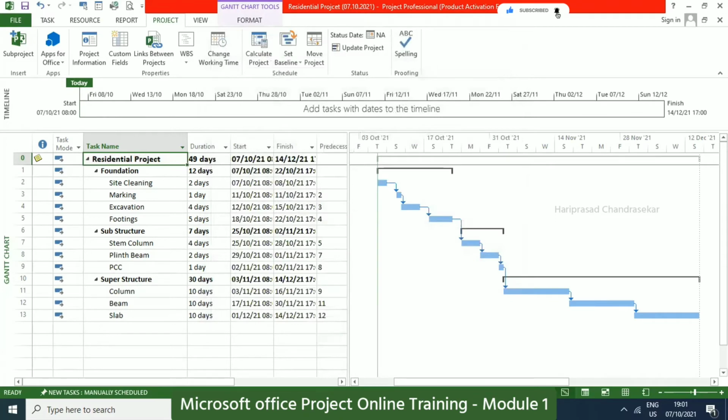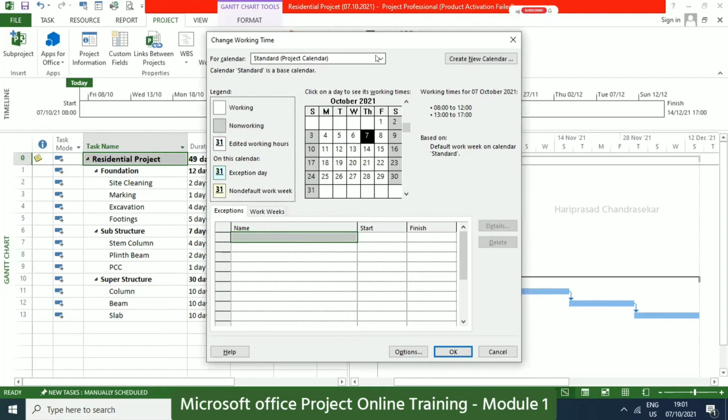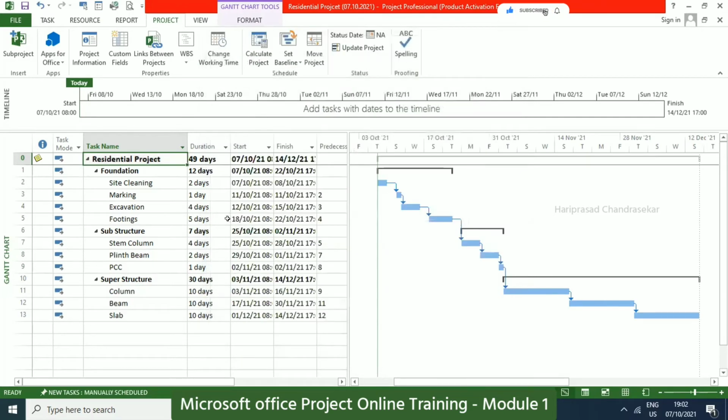Now how do we select the particular calendar for this project? You need to go to Change Working Time. Here the one we created will be available in the drop down. This is only for this project. Once you close and come back, it will have only these 4. It won't have Abu Dhabi. So now how do we input the calendar to the project? You need to click Project Information.